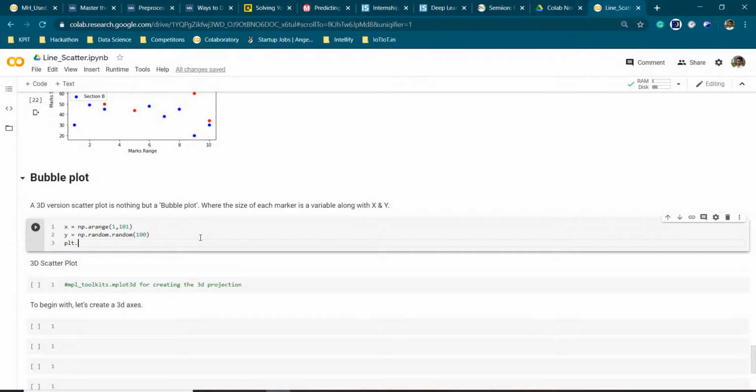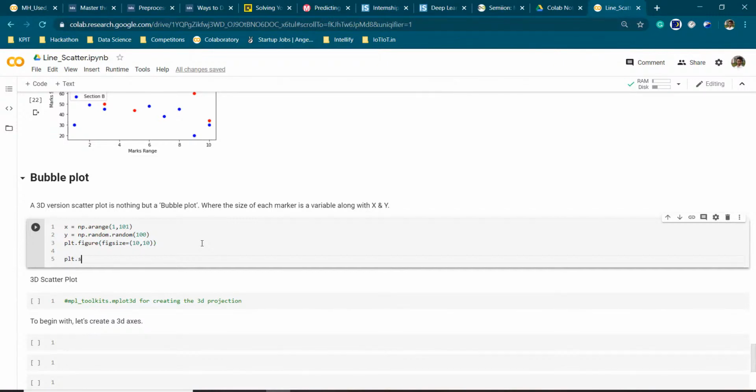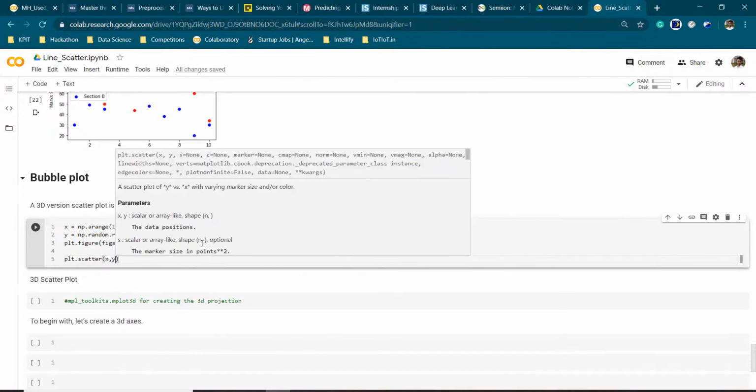Now we are going to have a bigger figure for better representation. figsize as the tuple, length comma width, 10 comma 10, and then we will use the plt.scatter method again. x comma y.